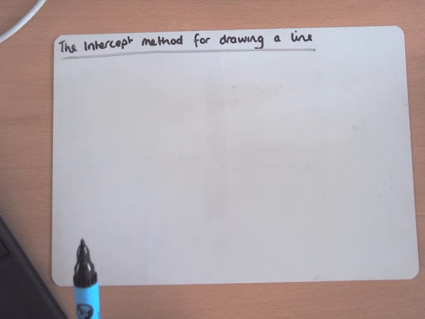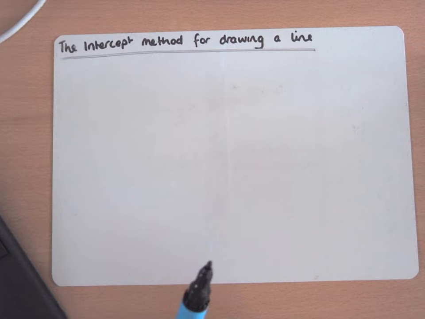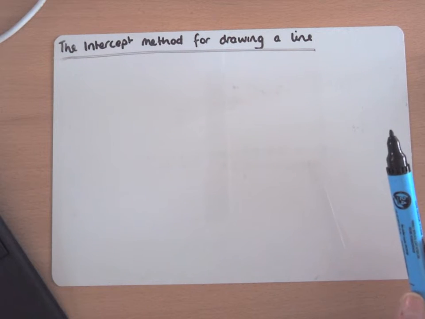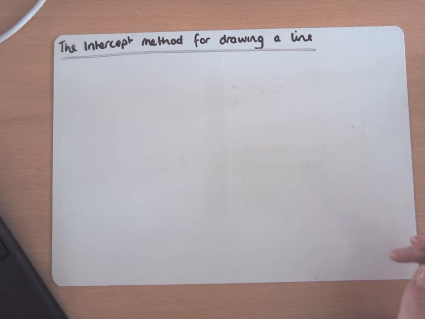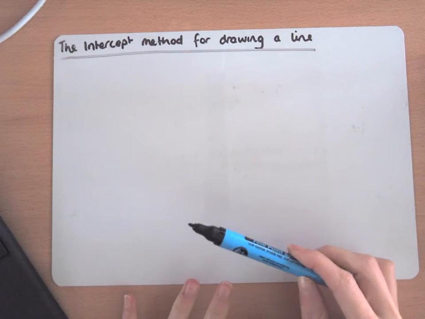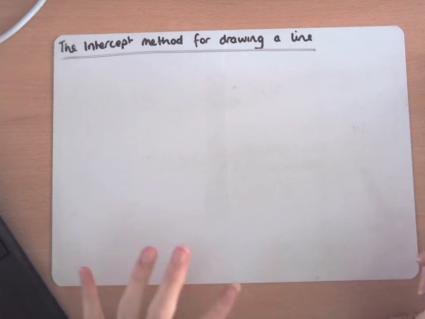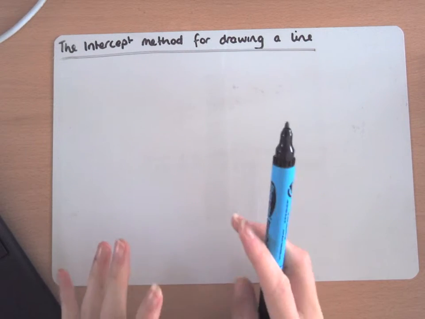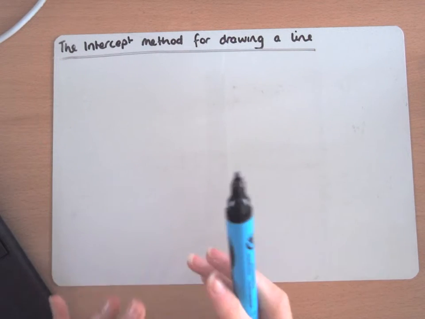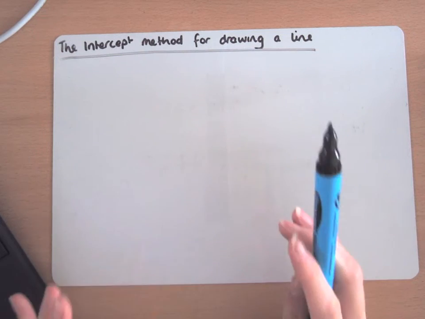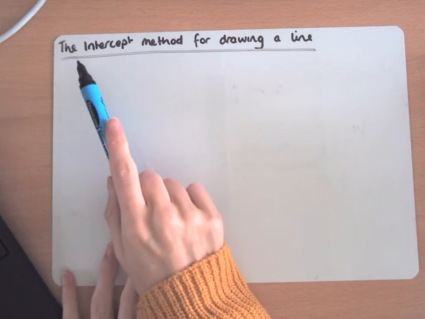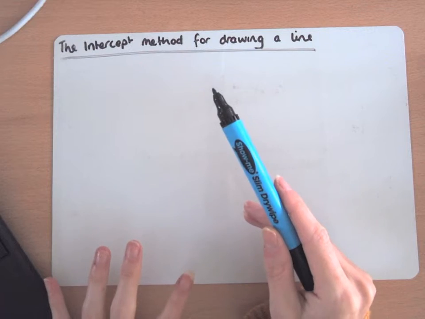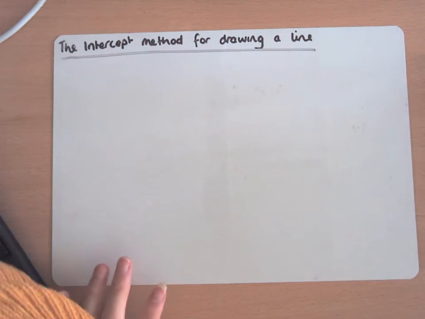Okay, so the intercept method for drawing a line. This is another way that you can do a question like from yesterday. We can either use our table and our calculator, or we can do it this way. Now this way is quicker, but you may like to always use the table. That's fine. If they specifically ask you for the intercept method, they're asking you to do it this way. So, for example,